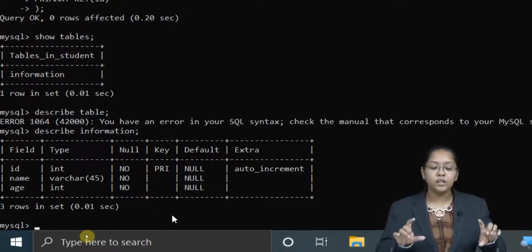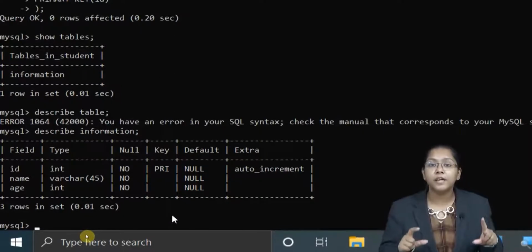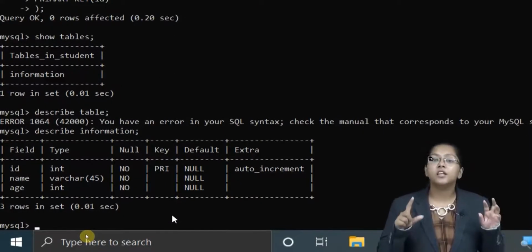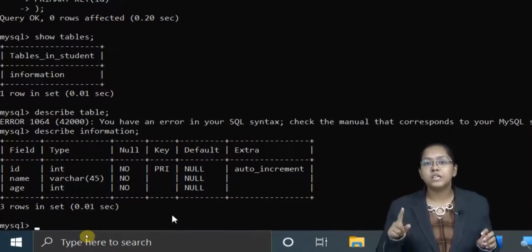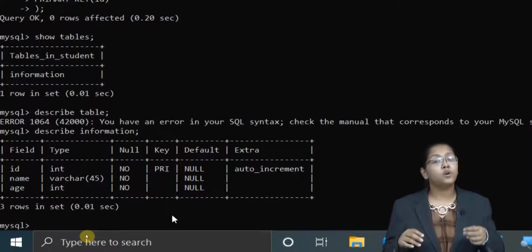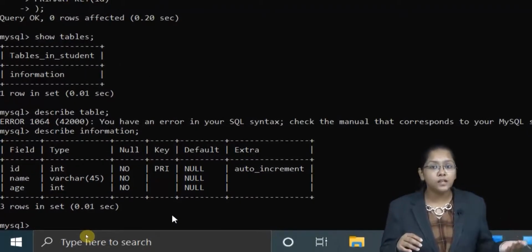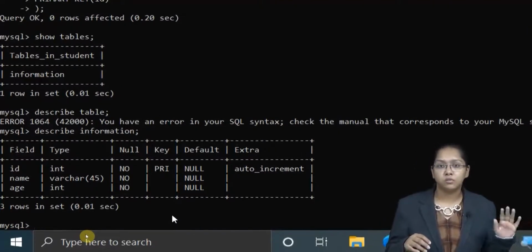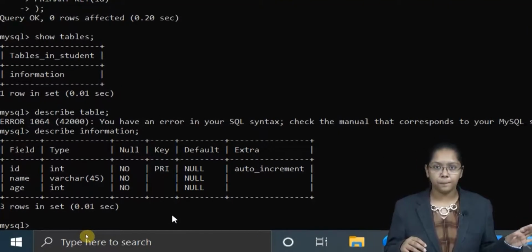Here is all the description. If you want to see which attributes are there in your table and what the data types of the attributes are, then in the command line you have to use the keyword describe followed by the table name, like this. If you want to see whether the table has been created or not, then you have to use show tables.